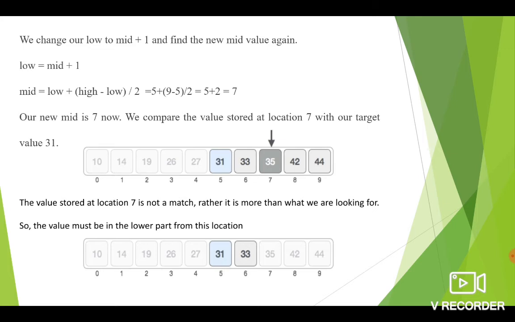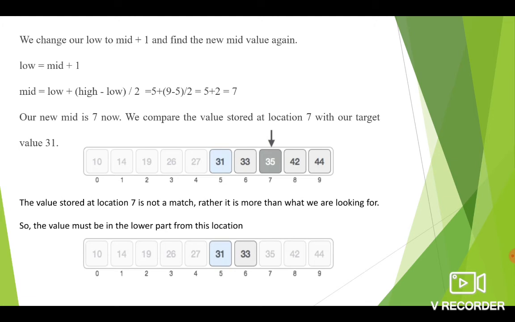Again you have to compare the middle element with our searching element. The element at index 7 is 35. So the searching element 31 is compared with 35. Since the searching element is less than the middle element, you have to narrow the search to the left half of the array. That is, the right-hand side elements need not be searched. They are shaded. You can shade 35, 42, 44. You have to make a search only in the left half.